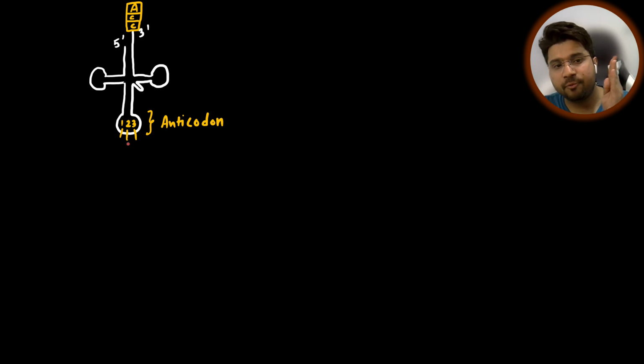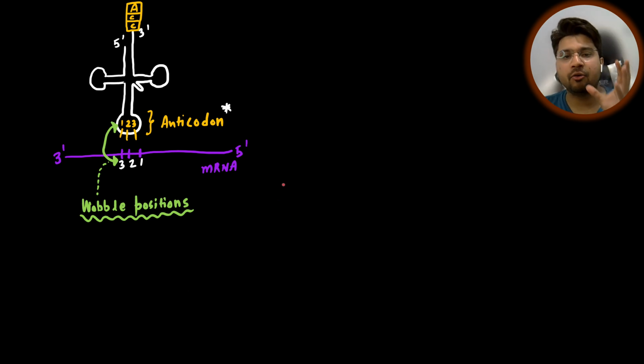So you always decide 1, 2, 3 within the anticodon loop based on how you are reading 5 prime to 3 prime, right? I hope that makes sense. So if I were to represent, let's say, an mRNA which will be complementary to this tRNA, because I've already made the tRNA from left to right, 5 prime to 3 prime, I have no other option. I'll have to make the mRNA from left to right, 3 prime to 5 prime, because that is called the